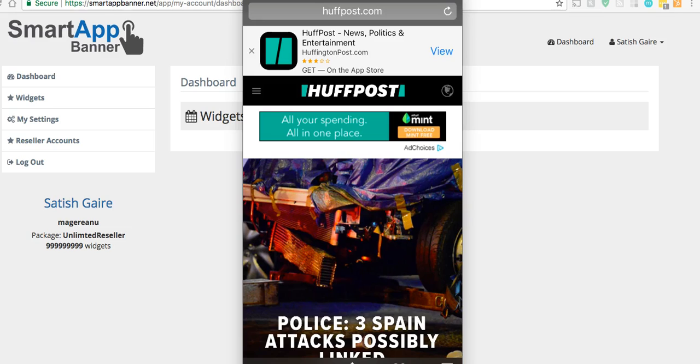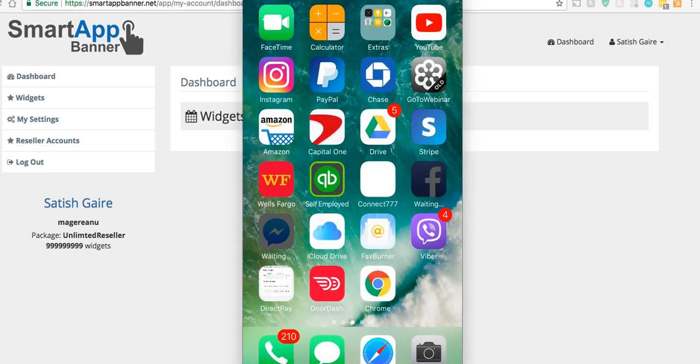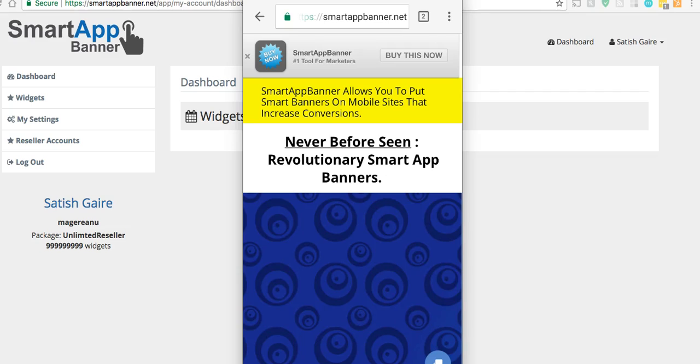What we came up with is actually really cool. It's called Smart App Banners Pro version. Now, take a look at this. I'm just giving you an example. With this, you can actually change the icon, you can change the title, and you can change the description. You can even change this call to action button, and they will actually change based on what device the